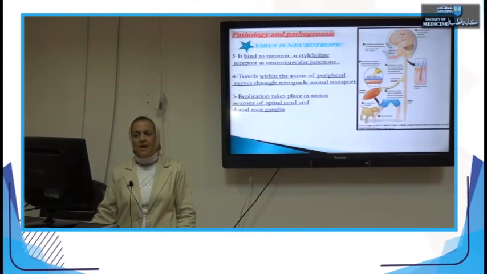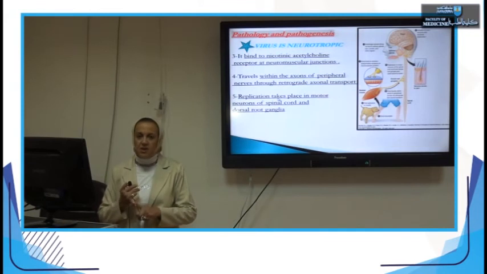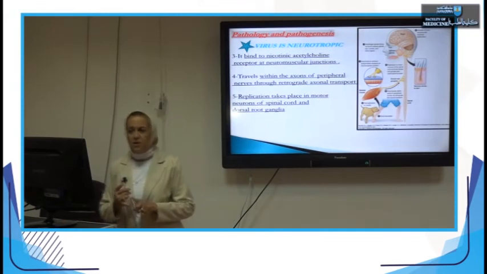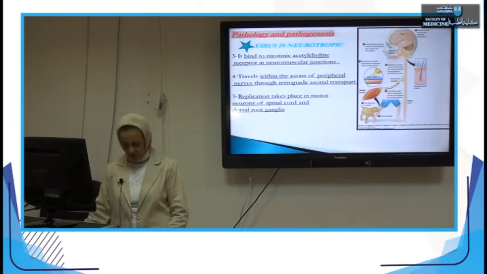So the virus is highly, or exclusively, neurotropic, and it binds to special nicotinic acetylcholine receptors at the neuromuscular junction, and travels through the axons of the peripheral nerves by retrograde axonal transport to reach the spinal cord, where it replicates. So the primary initial replication occurs at the muscle and connective tissue. The second replication stage occurs in the spinal cord and the dorsal root ganglia, and then the virus